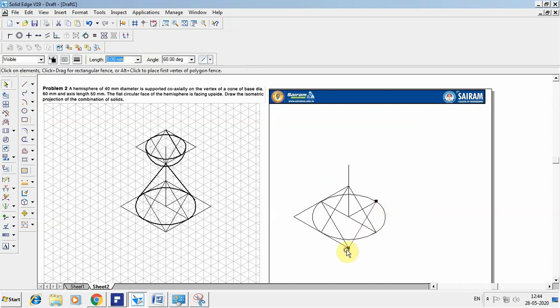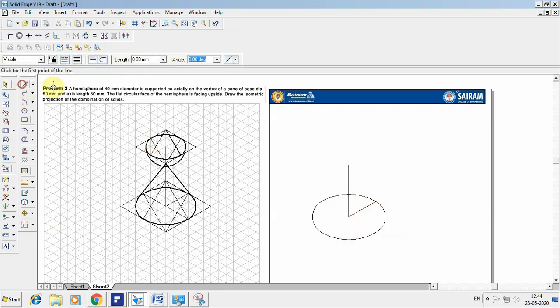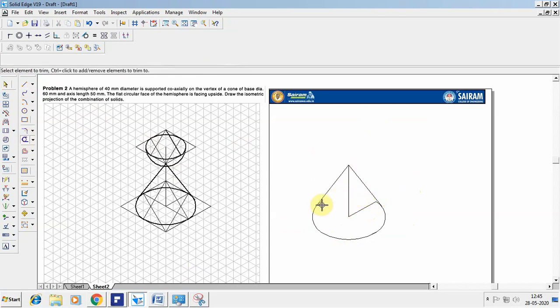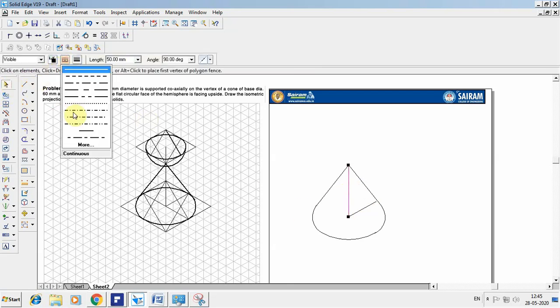Remove the unwanted construction lines which you kept, or you can reduce the thickness of the line. So go for line, select the end point and join that. Similarly from here to the tangent. Once you're done, go for trim and remove the inside part of the cone. So this is the axis of the cone, so you can show that as the axis.